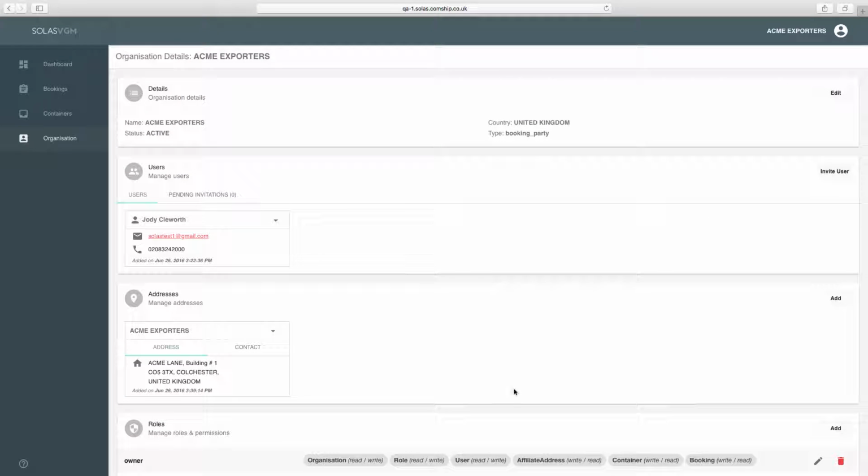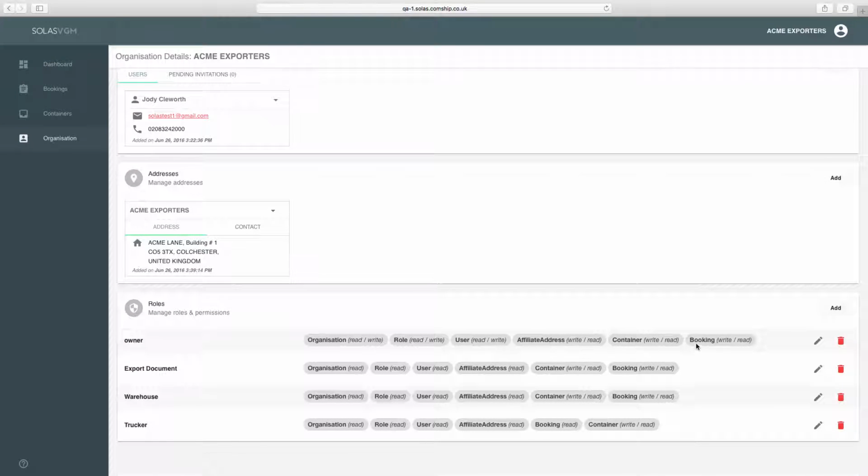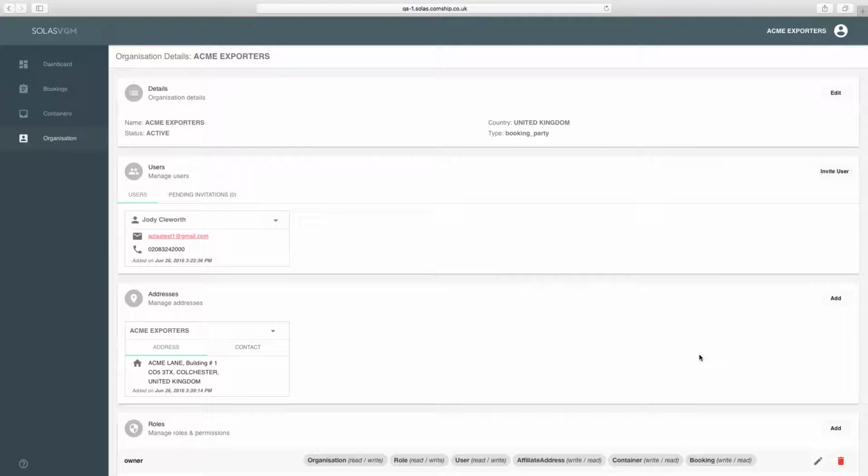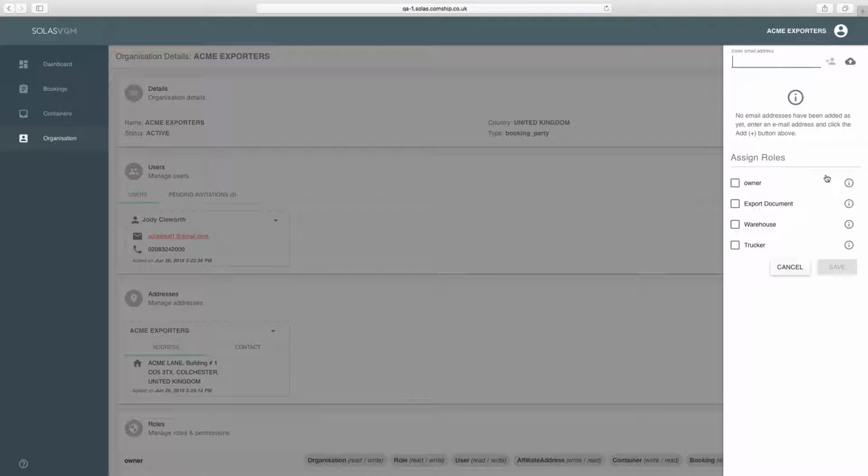So we want to invite somebody to basically look at VGMs in its entirety between truckers, drivers, and the warehouse, and for that we have the export document group. So under users, we would go to invite user. We would put in the email address of that user. We would add it into